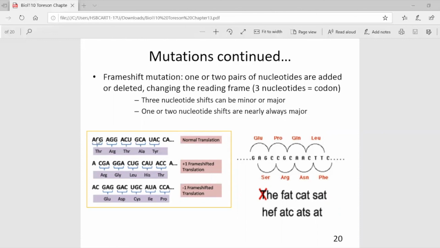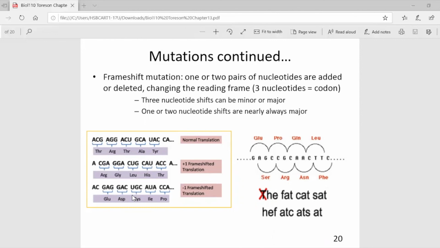So rather than ACG grouped together and then AGG grouped together, we see that the grouping is CGA and then GAA, which results in 2 completely different amino acids from what should be created. So this frameshift mutation results in a more significant change to the resulting polypeptide and will likely result in a